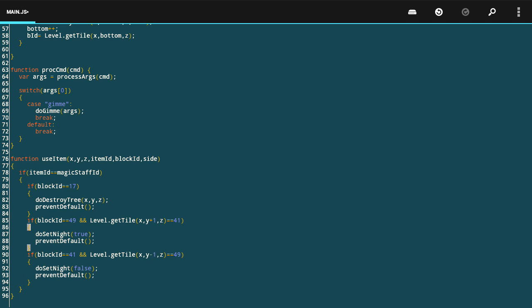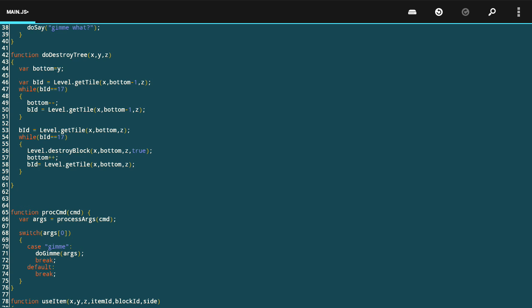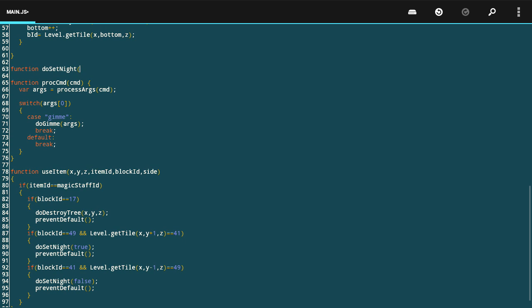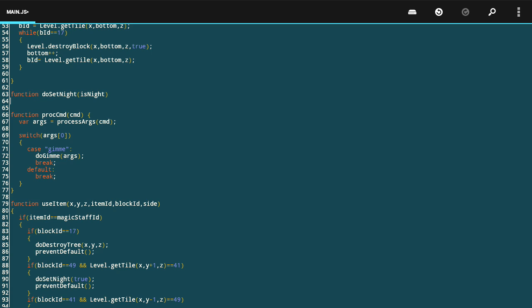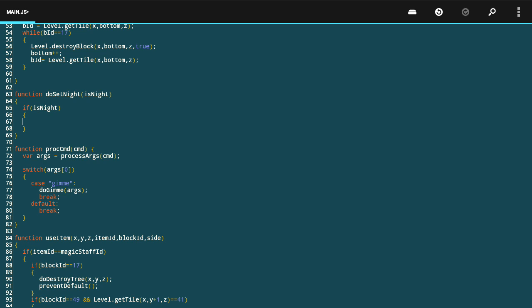Okay, so at this point I'm doing my two checks, and I'm going to create that doSetNight function. So I'm going to add that here in my code. And again, the parameter that I'm going to pass into this specifies whether or not we want to specify day or night. So since we're passing in true when the obsidian block is clicked, the parameter name here that I'm going to pass in, I'm just going to call it isNight. So inside this function, if isNight is true, then I'm going to call the